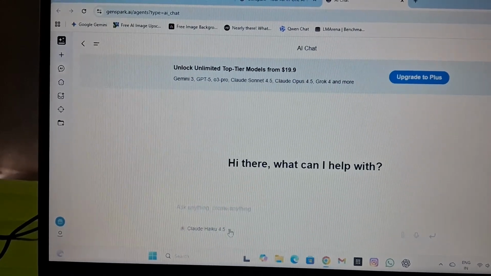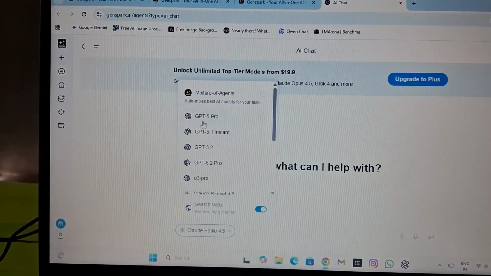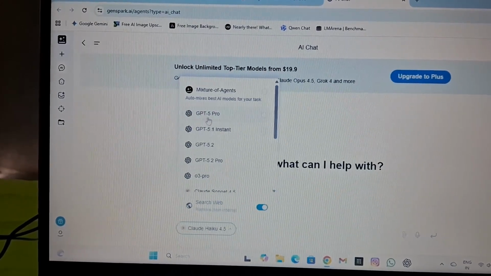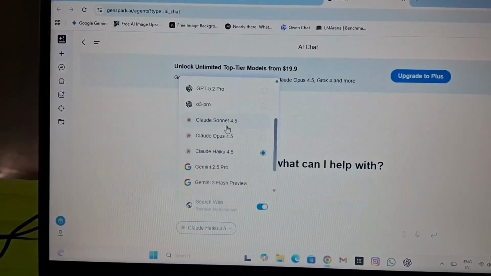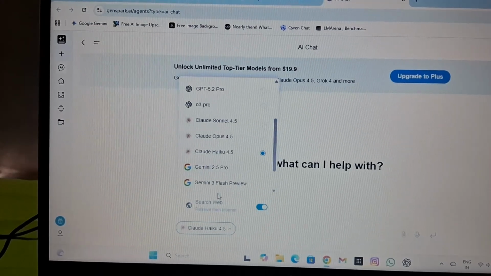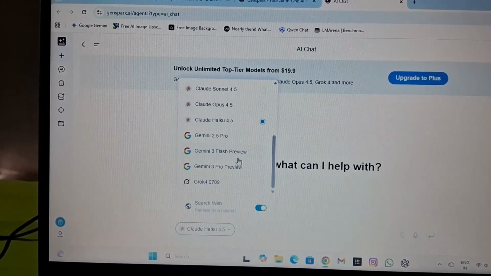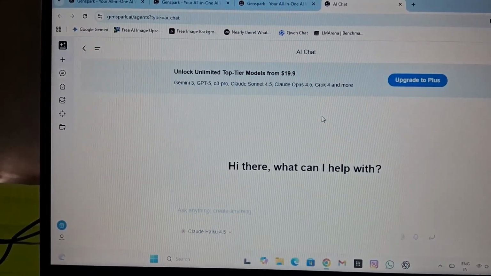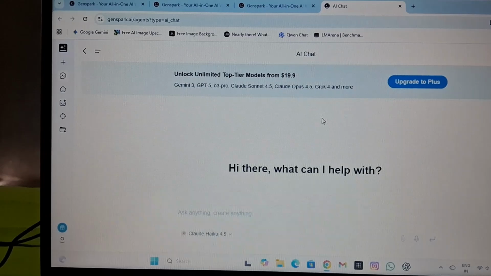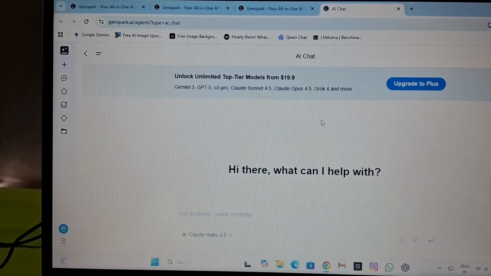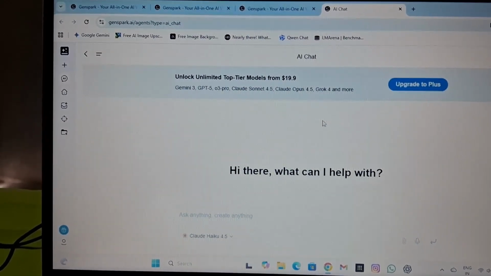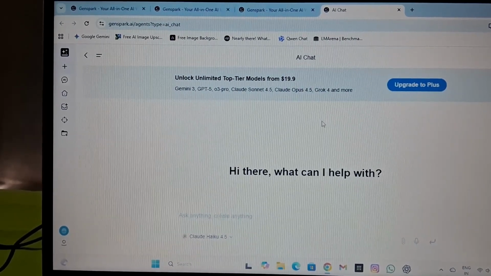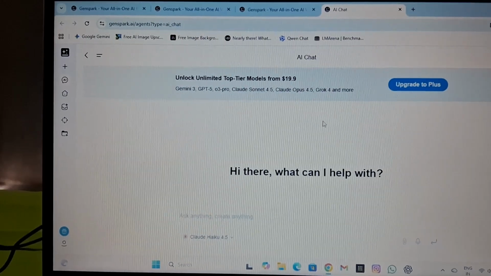As you will see, here you are able to see each AI tool: ChatGPT 5 Pro, Claude Sonnet, Gemini 2.5 Flash, Gemini 3 Flash preview, Grok. So by using this website, you can use any AI tool for image generation, video generation, and for search. This is totally free, and I haven't used this because I personally have a Jio SIM.